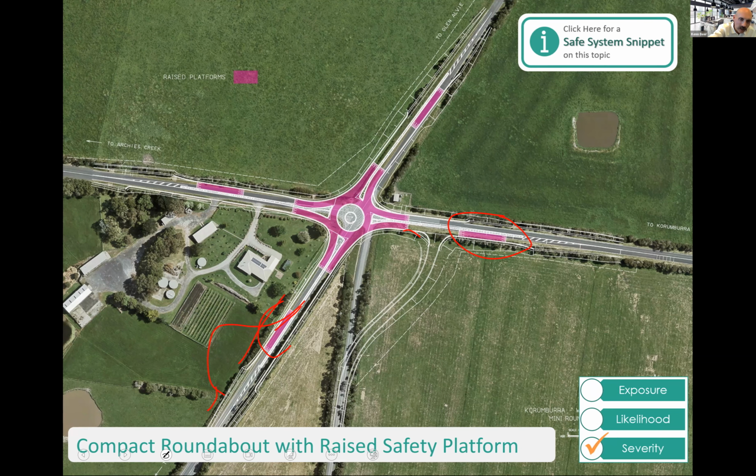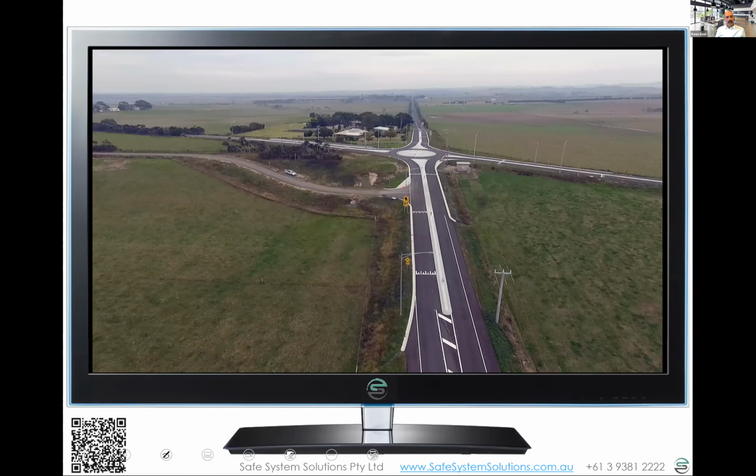And again, it's an interesting way to try to say, okay, we don't need to take as much land. They still need to buy some land. Don't need to move this beast. So that's going to be a good thing. And I think that this was under half the cost of the full-sized one. And so they did build, and you can see there the approach is shallow, slowing down people using a raised platform.